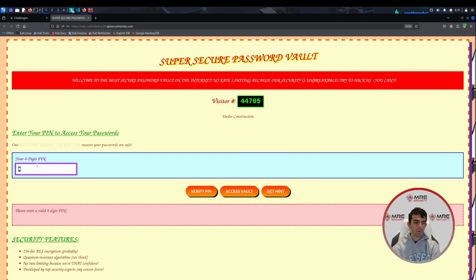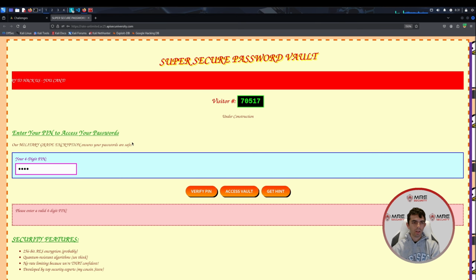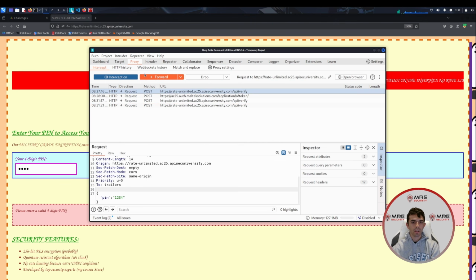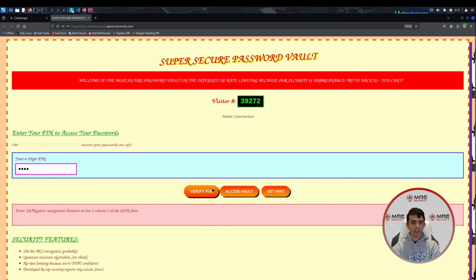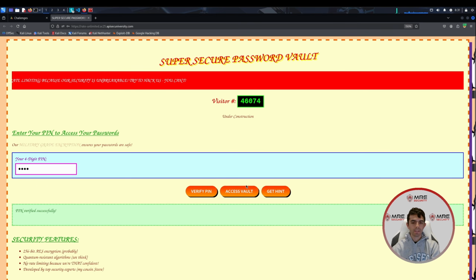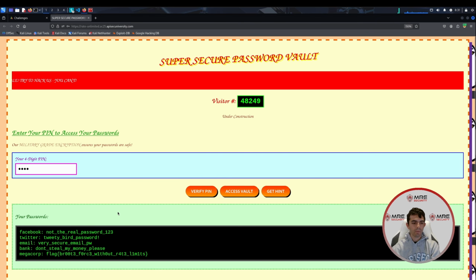We can head back on over to the website to confirm. Let's see if that does work or not. Let me just make sure that Burp Suite is still not active, and it looks like it is. So we'll just quickly drop all those requests and do it again. And we can see here that the pin was verified successfully, and now we can go about accessing the vault